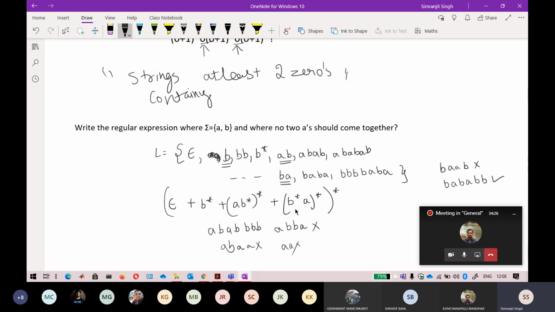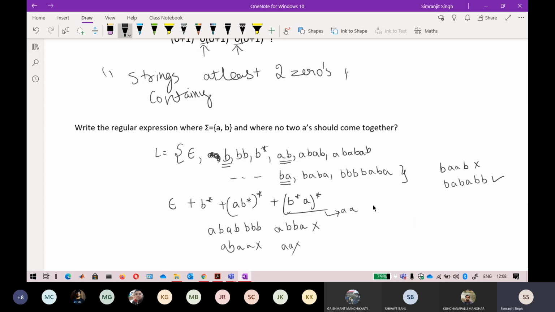So these two A's can come together in that. As well as if you do not write this star also. So in this one, B A star, two A's are coming. Okay, so in this one, two A's are coming. So how are these two A's coming? Let me show that: B star A raised to power 2.